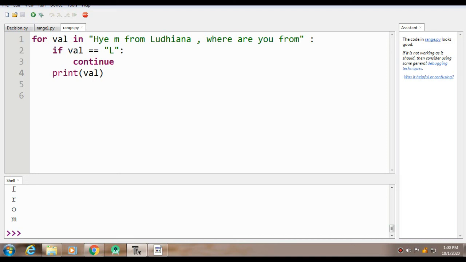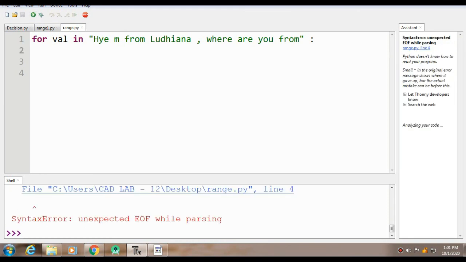One more statement is there. Suppose you want to use a for loop, but currently you don't know what the body of that for loop should be. So if you leave it as such, suppose you didn't give a body and try to execute it, it will give you an error like end of file parsing.